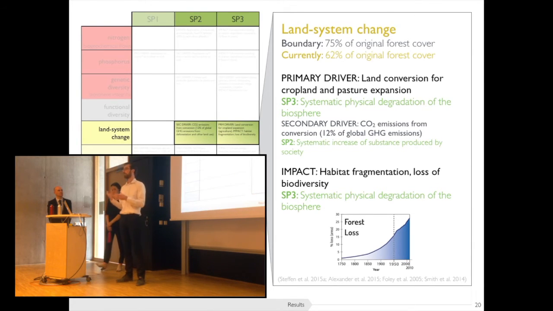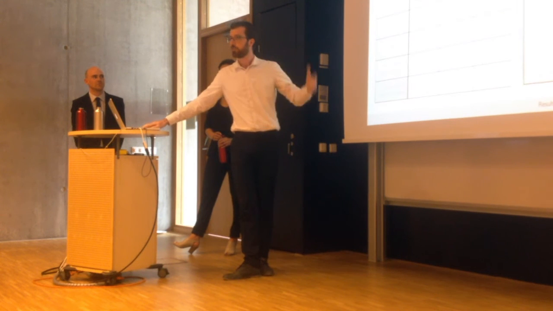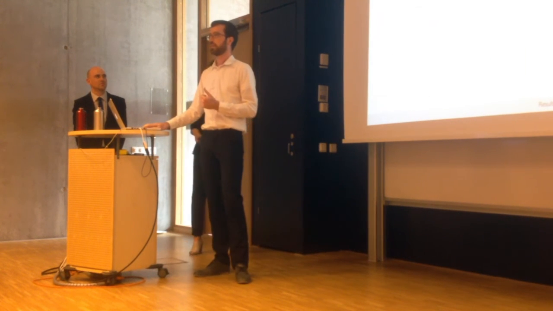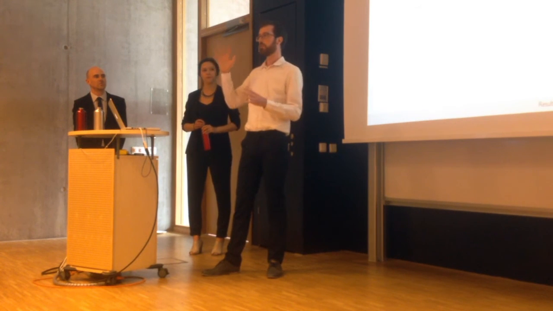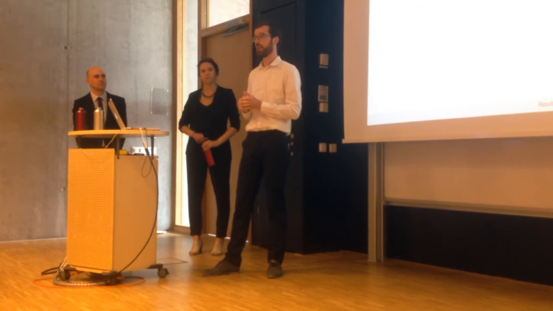In this process of conversion, large CO2 emissions are also produced, so this contributes to climate change. And one can argue, or we argue, that the emissions from this process, currently 12% of global greenhouse gas emissions, are a substance that we produce as a society through this process, and therefore is a secondary driver violation and intersection with SP2. Now, there's a lot more information in this, and just to give you a little bit of insight into the interrelation between all these boundaries and principles, we developed a causal loop diagram, and I'll take you